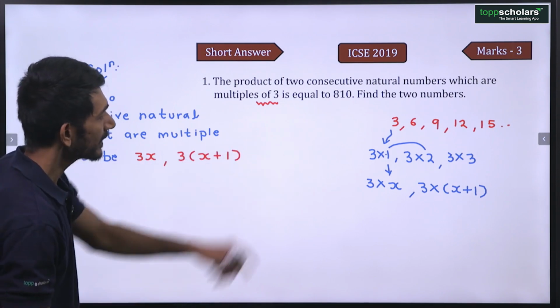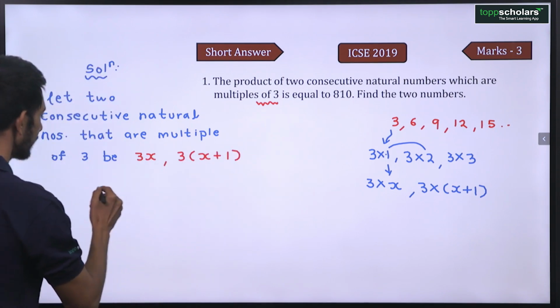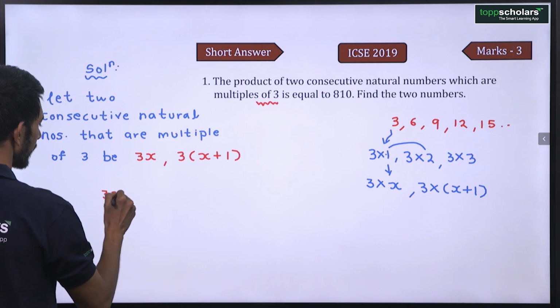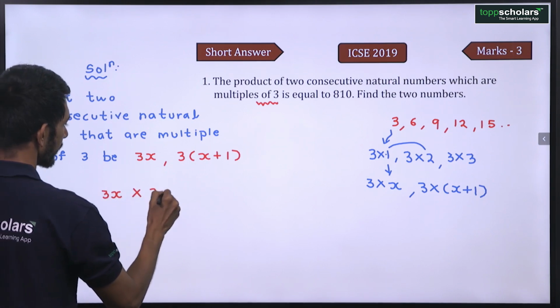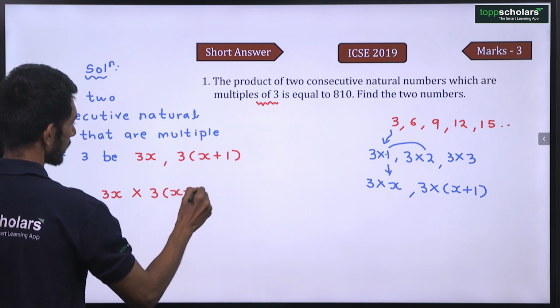Okay. Now it is given that the product is 810. So can I say 3x multiplied by 3x plus 1